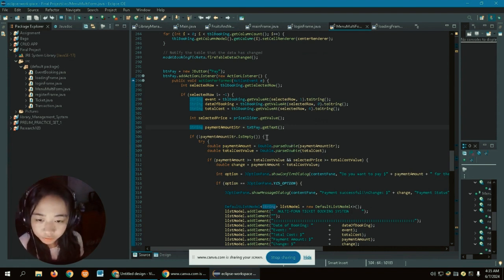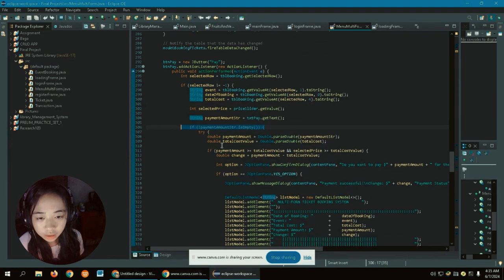And then if the payment amount is empty, it will parse the payment amount or the total cost, like it will check it in double.